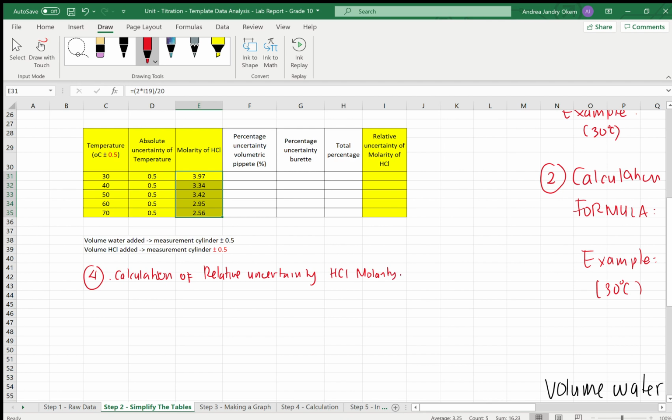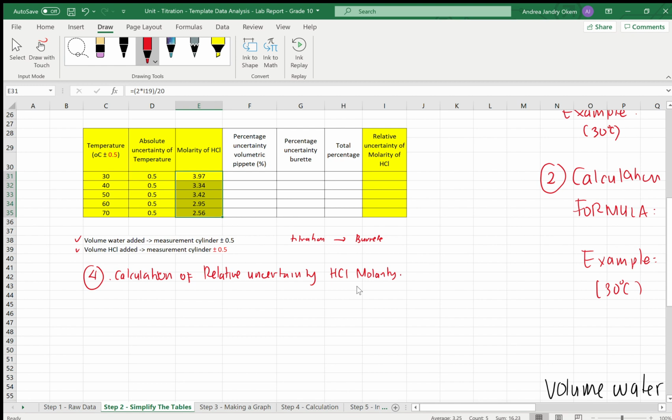Now, for this one, you have to identify the tools that you use during the experiment, especially to measure something. So we have already listed in here. Volume of water, you use a measuring cylinder. Volume of hydrochloric acid, you use measuring cylinders, and you also need to use a burette. Titration, you use a burette,